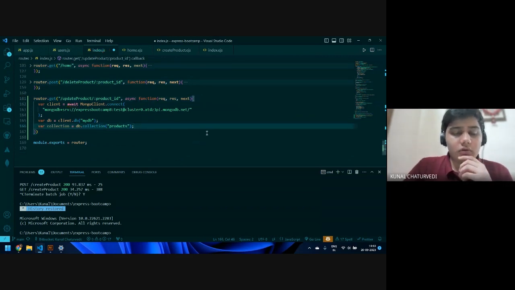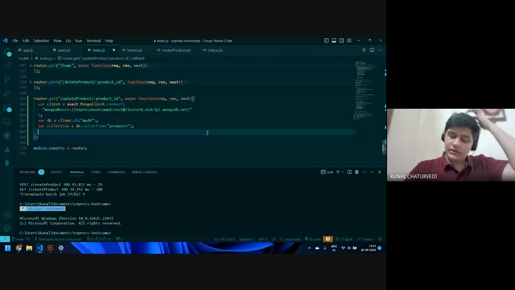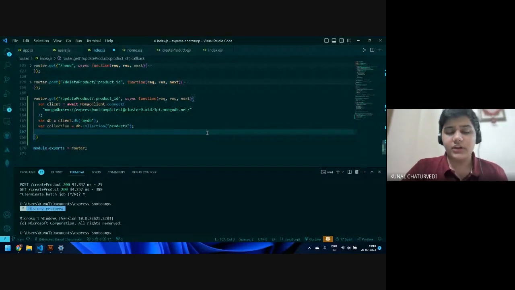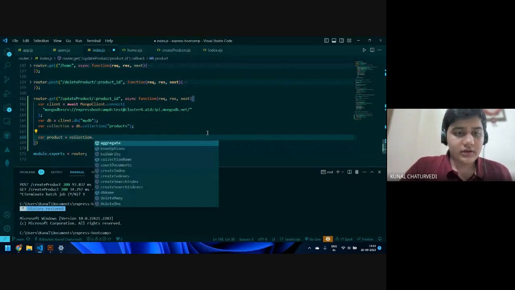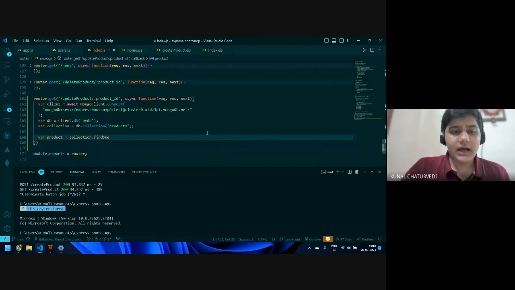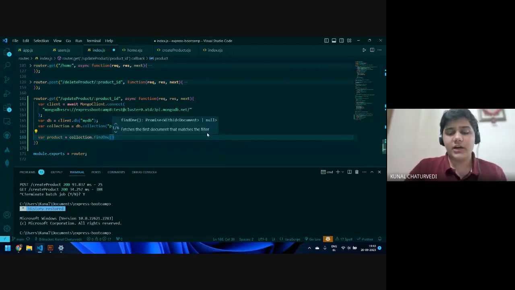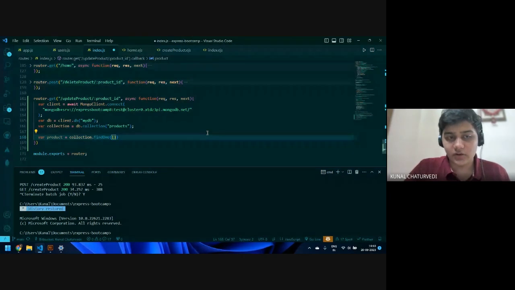Now in the products collection, we will query for our specific product by writing var product is equal to collection dot find one. And inside of find one, the parameter we will use is a filter, that is a JavaScript object,